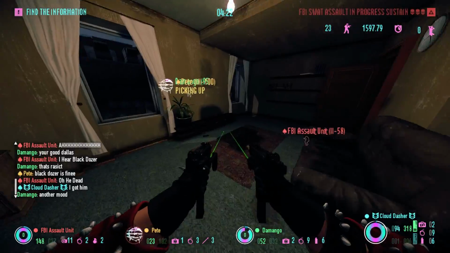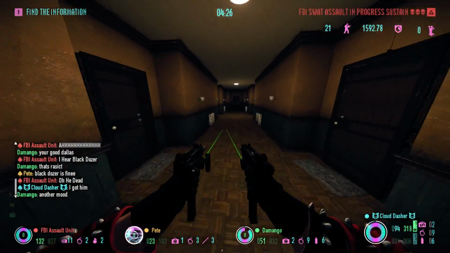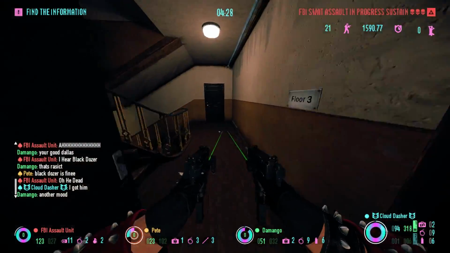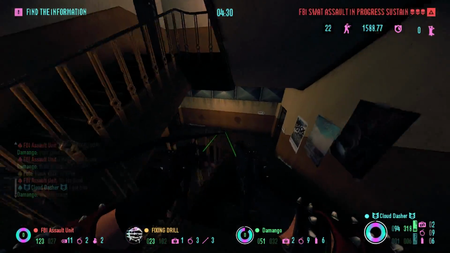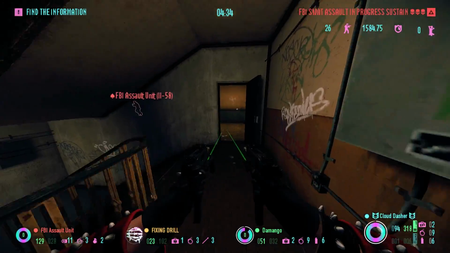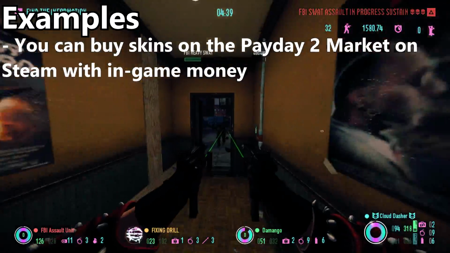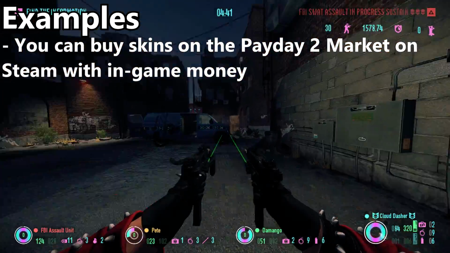So they got rid of that and just replaced it with you get a free skin every week or every day. Now it was every week, and that's every day. This could have been something, but some people on my Discord server disagreed with this, but yeah, I understand why. But you can buy Payday 2 skins on the Steam market with in-game money, if that makes